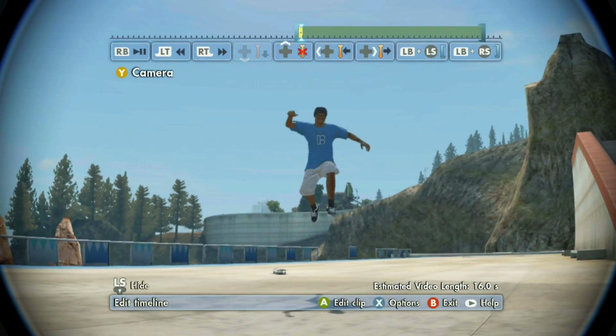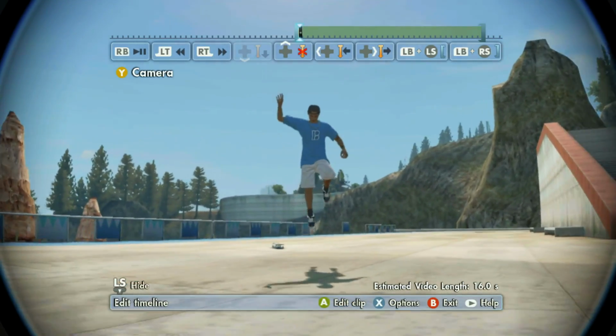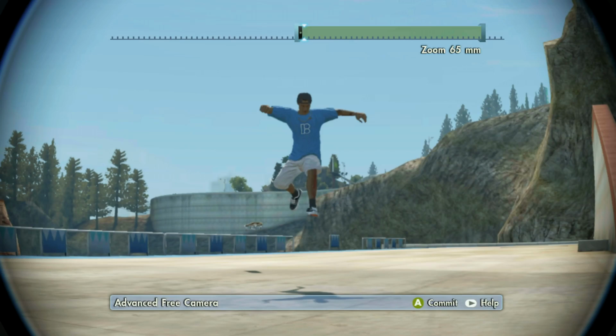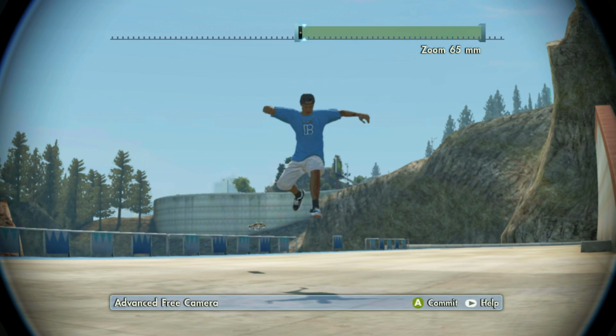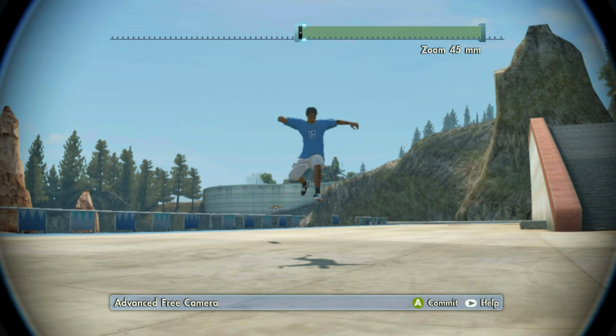So see how it's kind of zooming in while he's jumping towards it. I really like that effect, and this effect can only happen if you zoom in on your second keyframe. But then on your third keyframe, you can zoom back out because I don't want to keep the camera this close to my skater. So right when he's about to jump back on his board, I'm going to zoom back out to about like